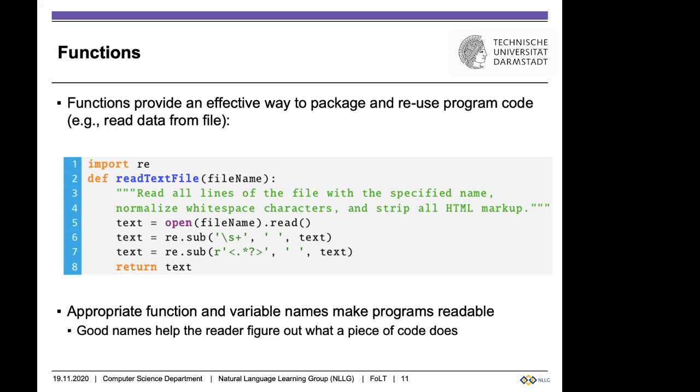For example, if you want to read something from several files, maybe you don't want to code the reading process many times for different files. Instead, you can create a function where the reading process is coded only once. Then you can reuse this function to read